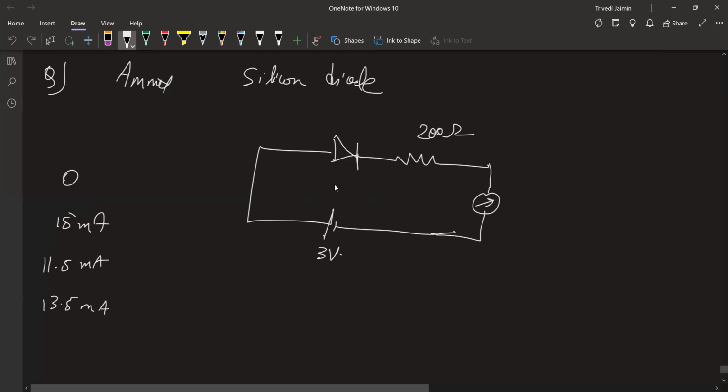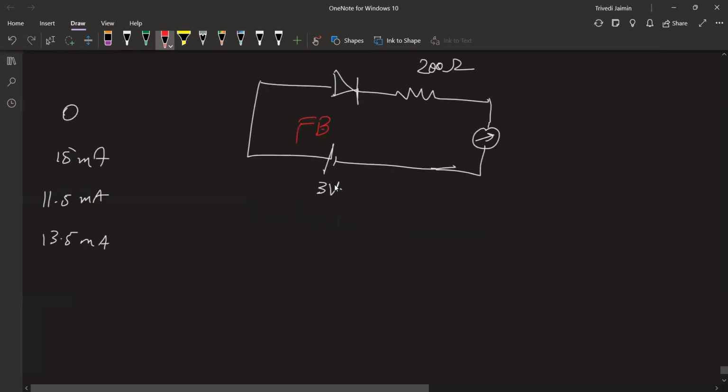Is this forward bias or reverse bias? No answer. Okay, I'll solve. Forward bias. So voltage drop will be 0.7 volt. So current I equals V minus delta V by R. So 3 minus 0.7 divided by 200, which is